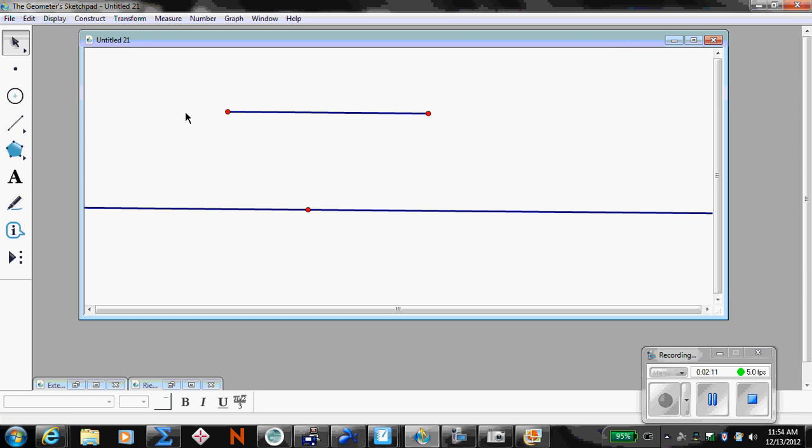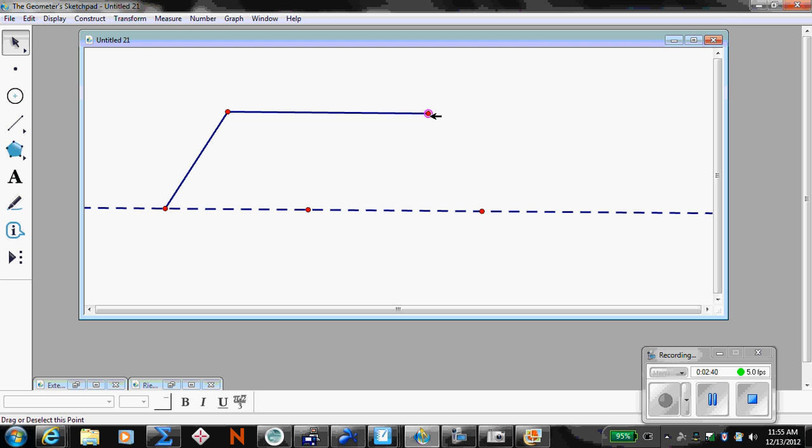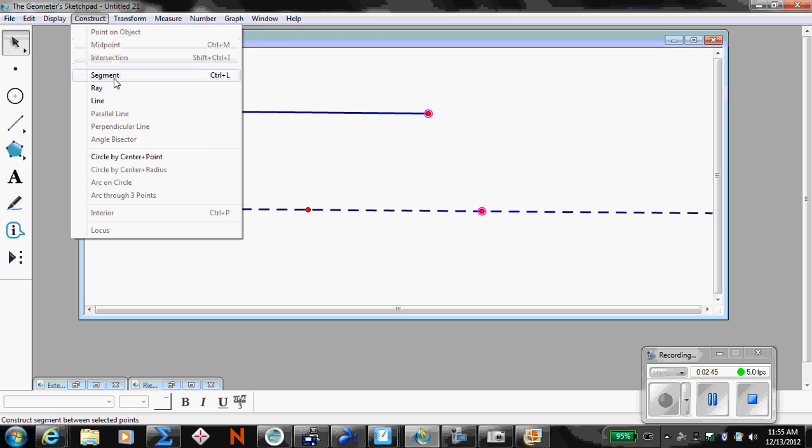And so now all I need to do is make two other points on this line and construct segments to make my trapezoid. So finish up your trapezoid,